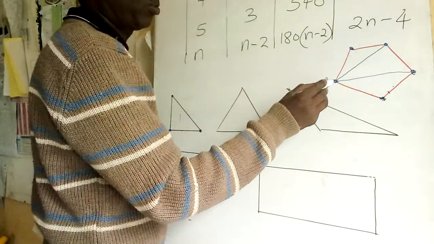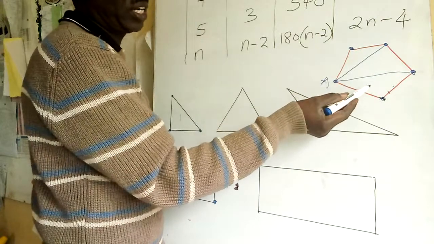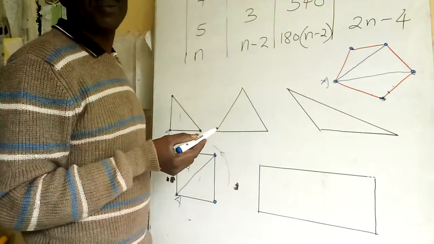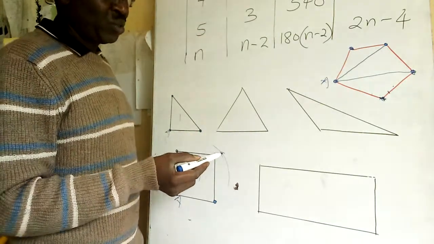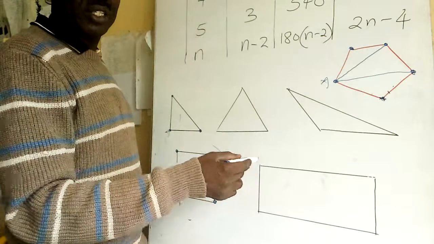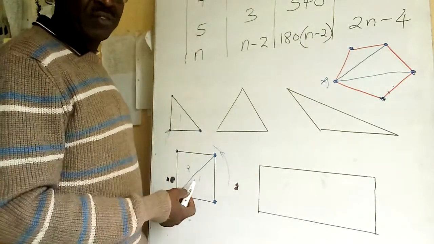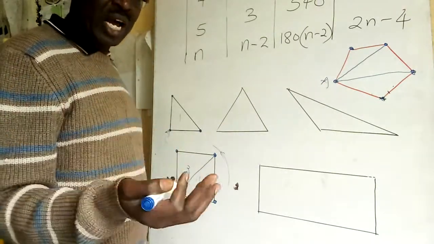Now, I cannot move from here to here. It can't work in this case. So how many triangles have I formed? 1, 2, 3. Okay? Are we together there? Yes. So, from these 3 examples, triangle, 3-sided figure, 4-sided figure, 5-sided figure, we have established how many